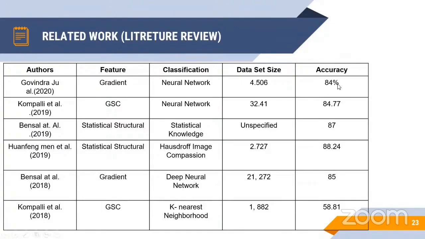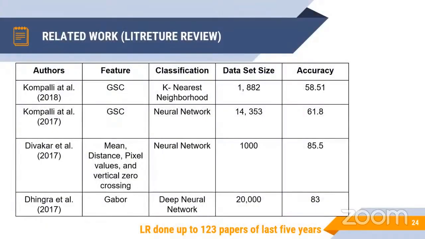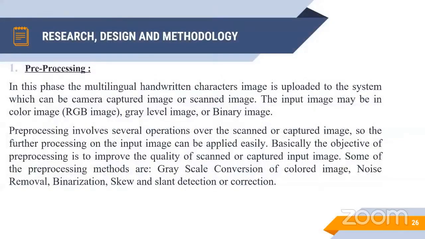So when you see the accuracies, 84, 84, 87, 88, 85, 58, and 85, right? Again 58, 61, 85, and 83. But now I developed one algorithm. That algorithm is actually